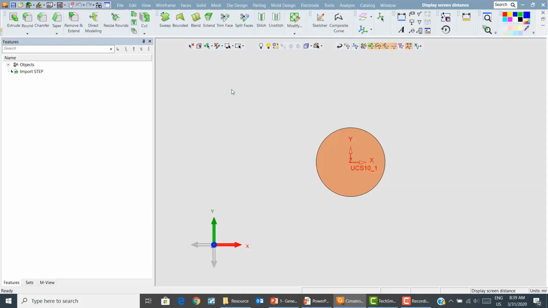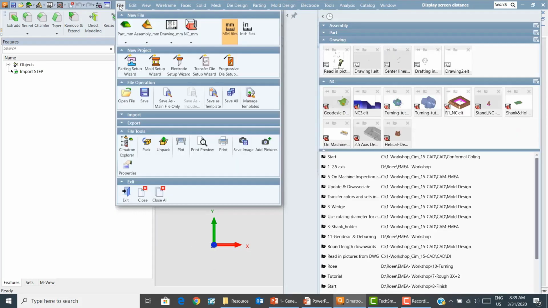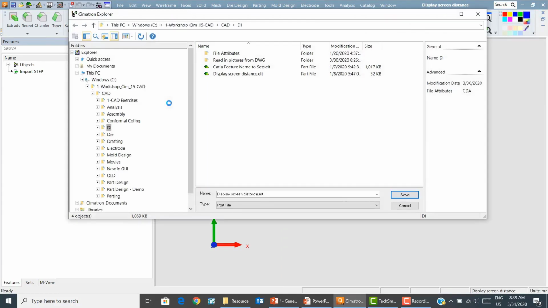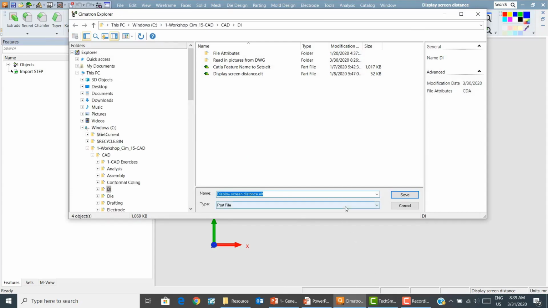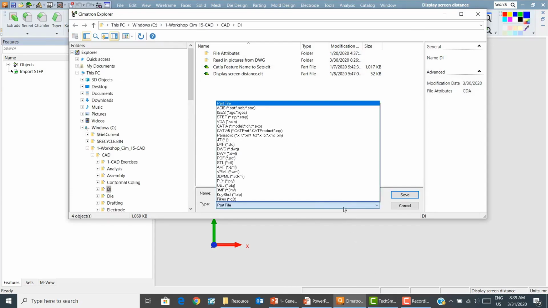For export, we use the Save As. For example, go to File, Save As, and now I can select any format I want to save this file. For example, let's save